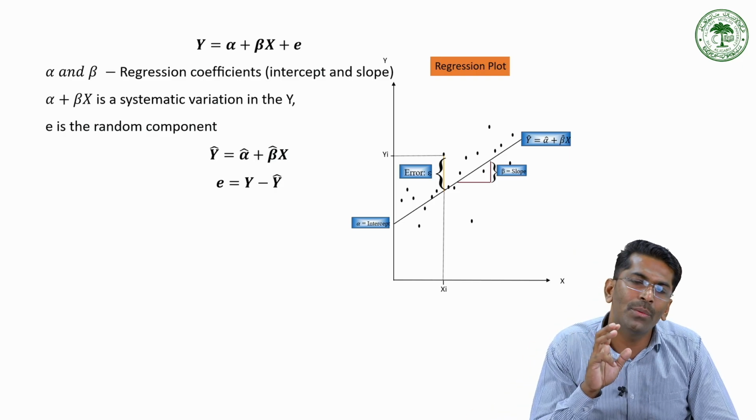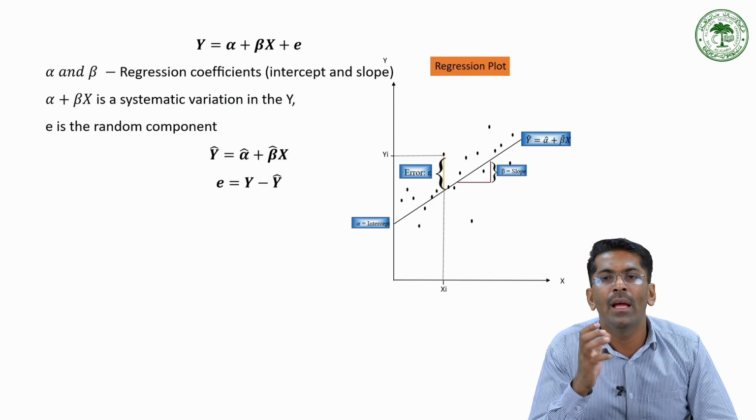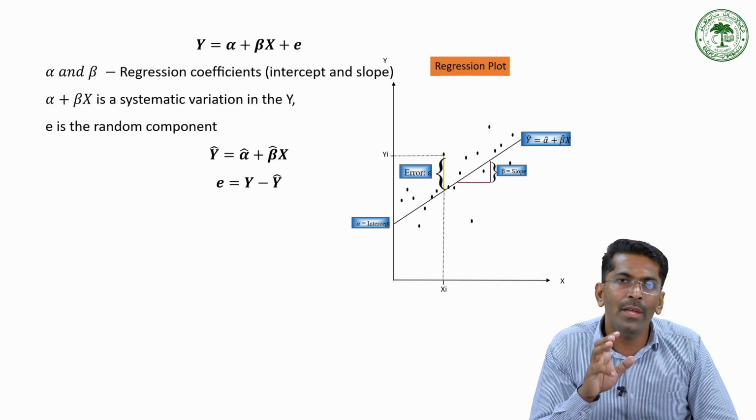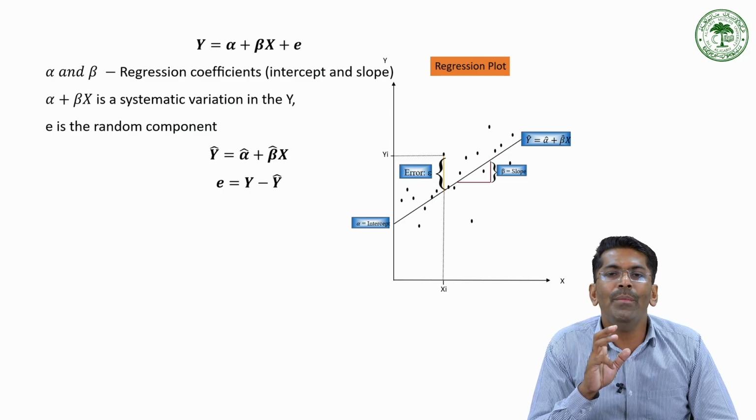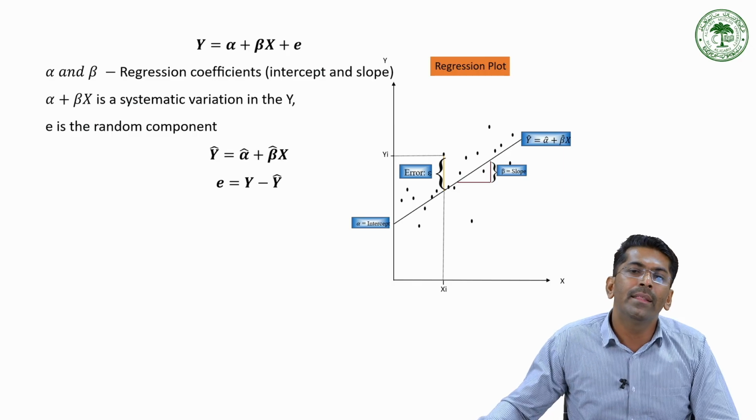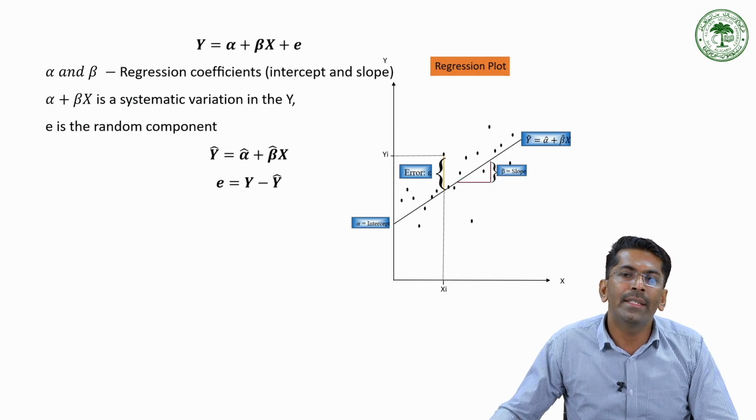So this regression plot helps us to visualize how we predict y from x. The line is fitted in such a way that the sum of squared vertical distances between the observed points and the line is as small as possible. So that's why, rewriting here, e is equal to y minus y hat, and y hat is equal to alpha hat plus beta hat x, so e is y minus alpha hat